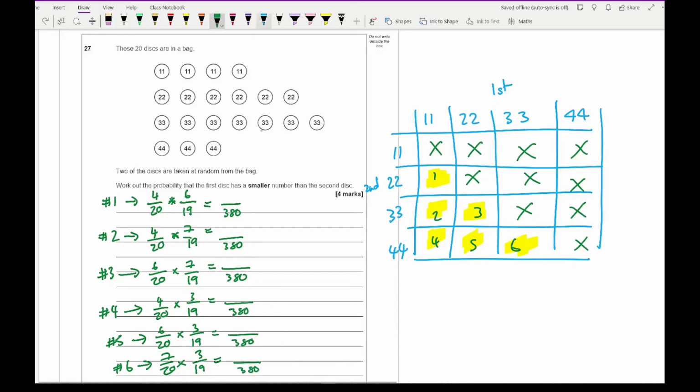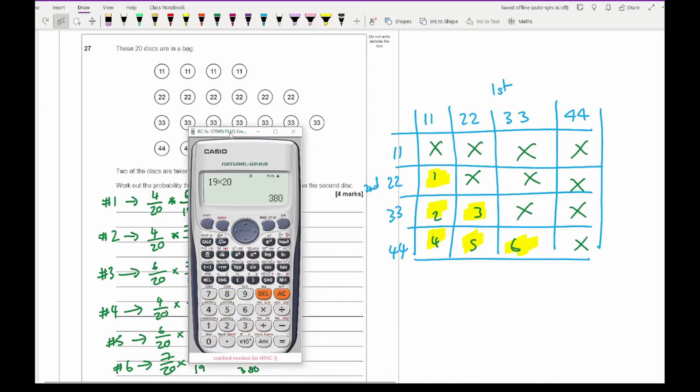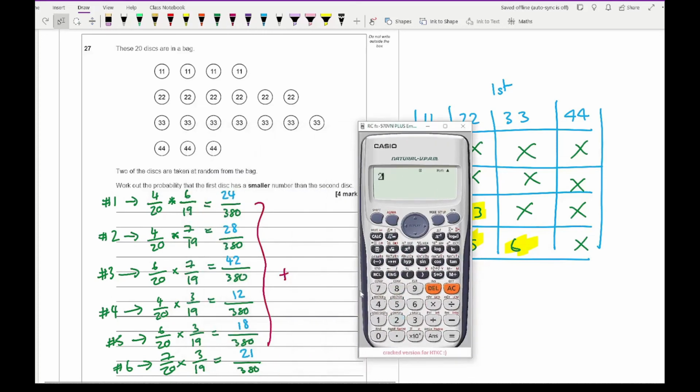And then all I then need to do is multiply the numerators together. So I've got 24, 28, 42, 12, 18, and 21. And then what I need to do is add all of these fractions up. Now, because the denominators are all the same, all I've got to do is simply add the numerators together. So I've got 24 plus 28 plus 42 plus 12 plus 18 plus 21, and that gives me a total